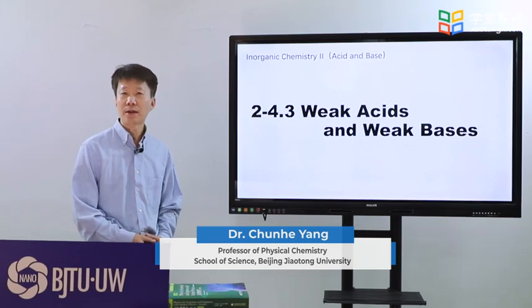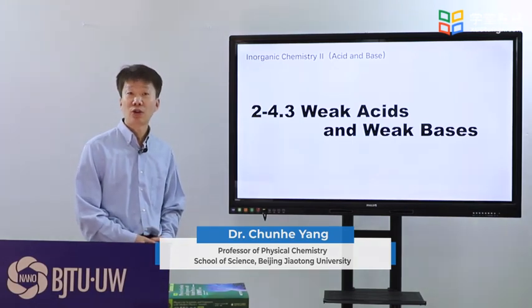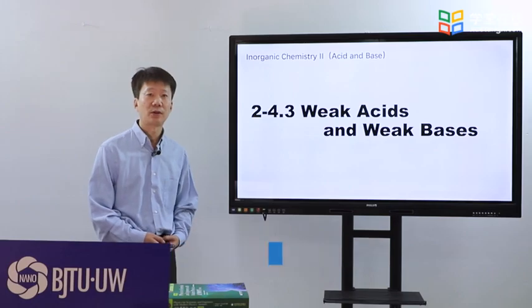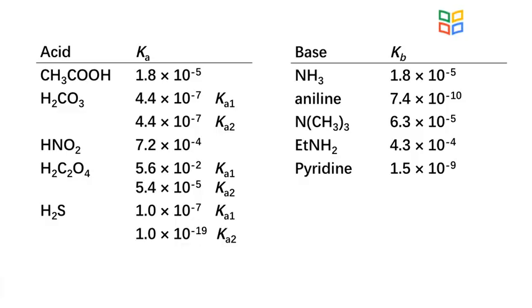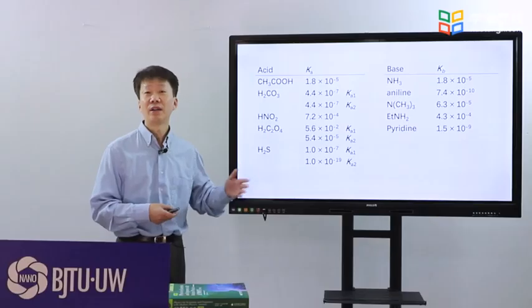Weak acids and weak bases have much lower ionization constants. Here's a list for some typical weak acids and bases. Usually, we call it weak acids or bases if the ionization constant is less than 1 but greater than 10